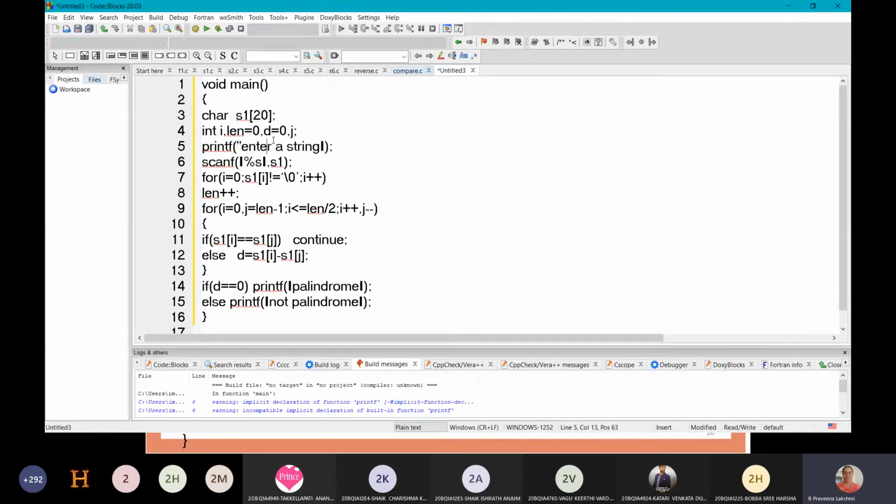Here a string. String is entered. Now check up to the null character to find the length of the string. Find the length, then repeat up to the length divided by 2. Continue. d is the difference.